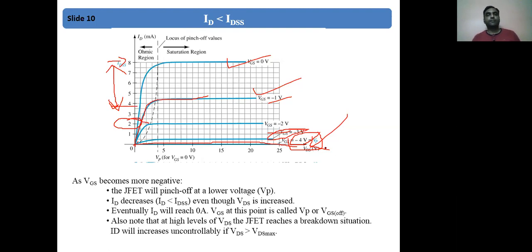The voltage of VGS at which my current becomes zero is called the pinch off voltage. Okay, so this is the characteristic whenever we are applying some negative value of VGS, and there will definitely be VDS applied. So what will happen to the characteristic? This is called the drain characteristic, or the output characteristic, of the JFET. So I think this is understood.